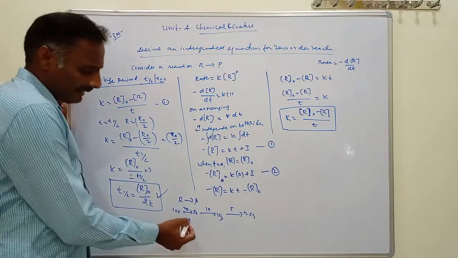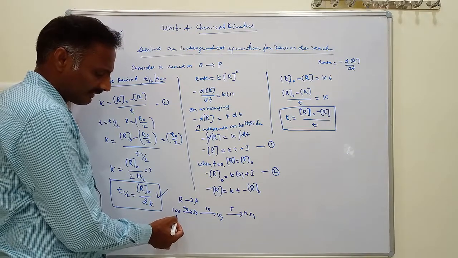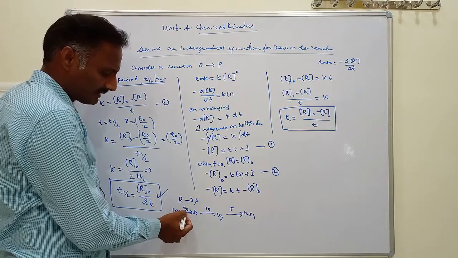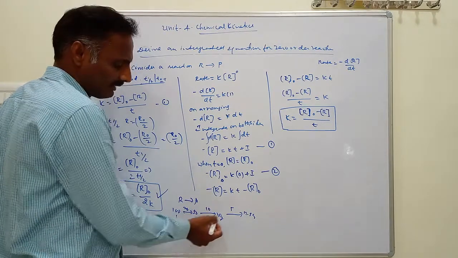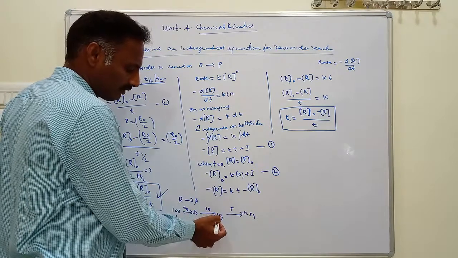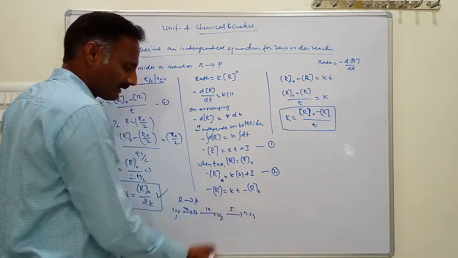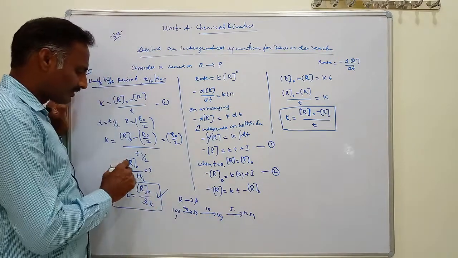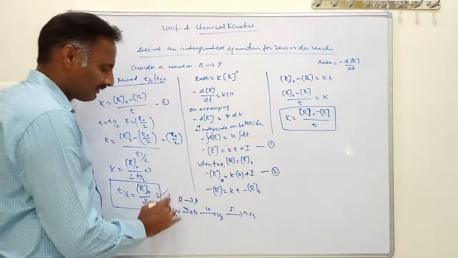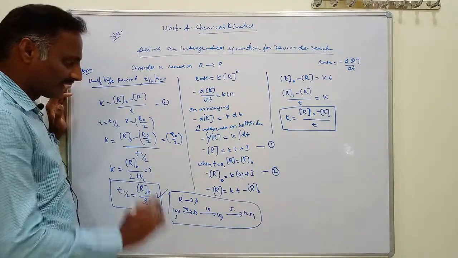Here the initial amount is 100. 100 becoming 50 gram takes 20 minutes. And 50 gram becoming 25 gram takes only 10 minutes. And 25 gram becoming 12.5 gram takes 5 minutes. So as the initial amount decreases, half-life period also decreases. This is the meaning of the relation t half equal to R naught by 2K.